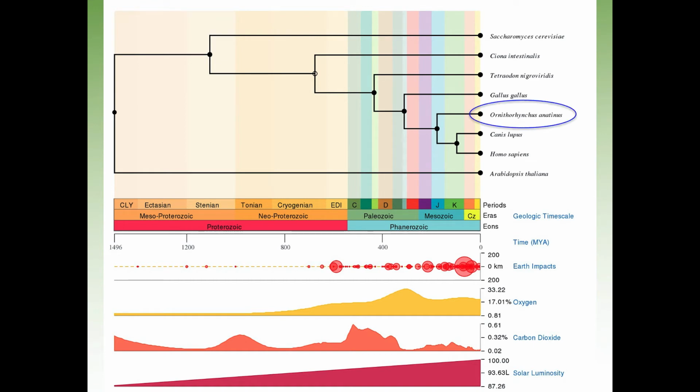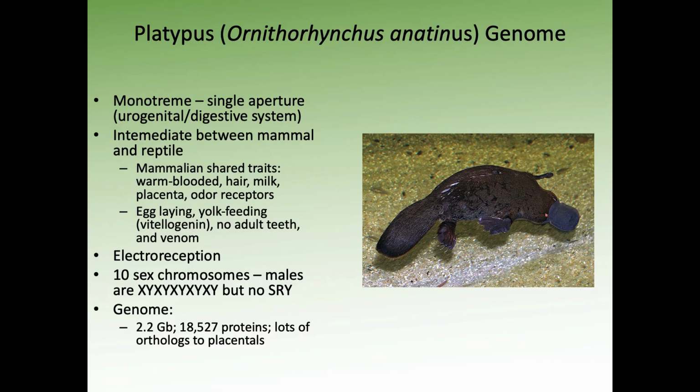So let's move a little bit further down the tree. We can start looking at some other things that are a little more closely related to mammals, and we can look at the monotremes, and this bizarre distant cousin that we have, maybe separating from us around 300 million years ago or something. This is the platypus, right? The duck-billed platypus,